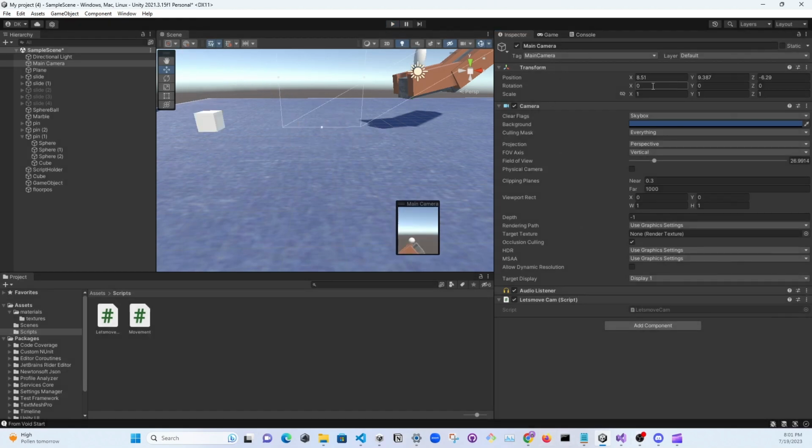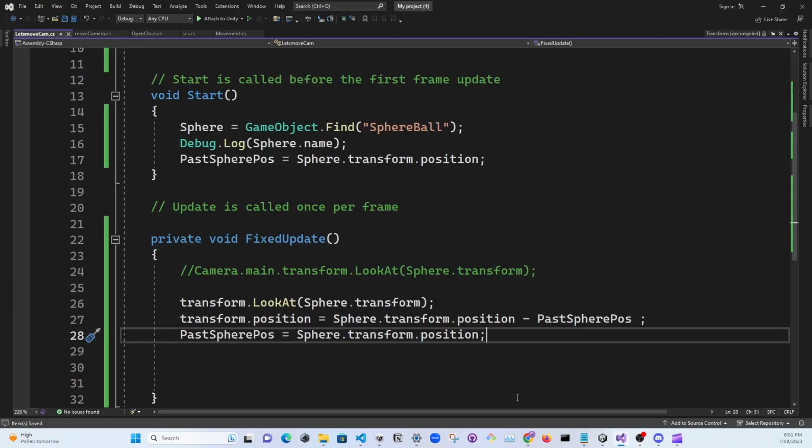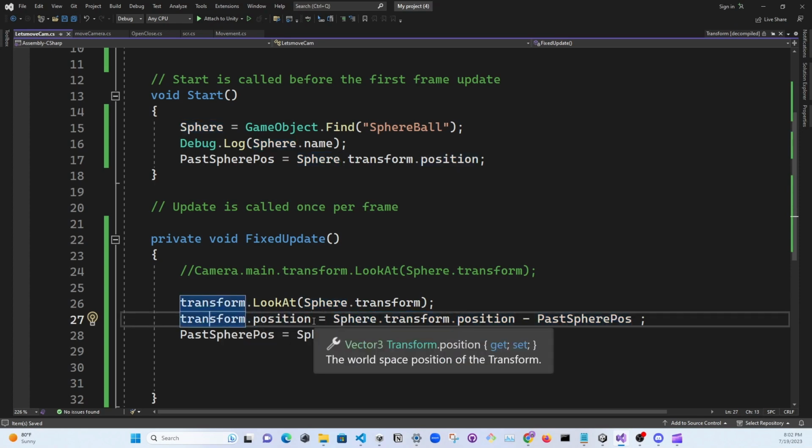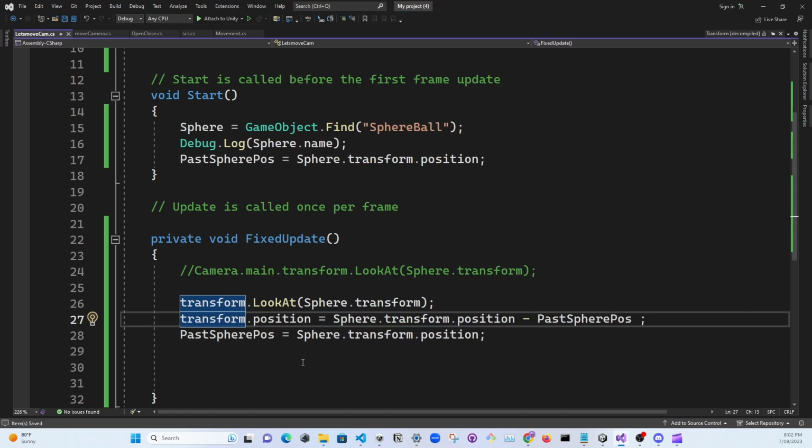The rotation is changing because it's continuing to look at the ball. But yeah, keep note that things are around 0. So let's go back to the code. All right, it looks like we're just taking the difference and setting that as the position of the camera. I think the next thing we want to do is